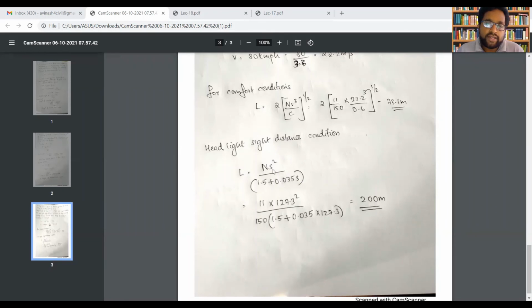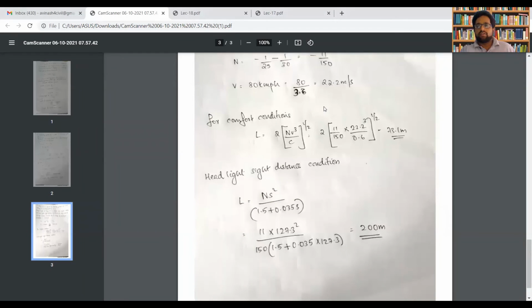Now, the question is how you will get the sight distance. To get the sight distance, we are given the speed value. You have to find out Vt. Since you have already converted the speed to meter per second, Vt is 22.2 into T. What is T? T is the reaction time of the driver. The value is not given, but you can assume it suitably. That step is not written here, and here I have directly written the value for sight distance. While solving this problem, you may be confused about where I got this value, so that's why I'm explaining the steps.